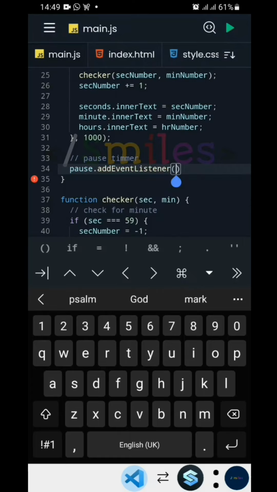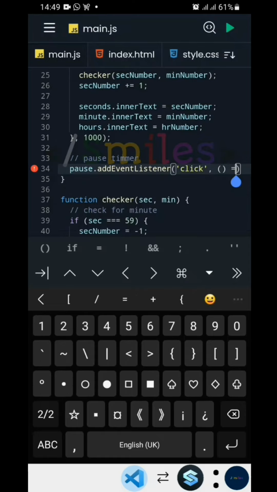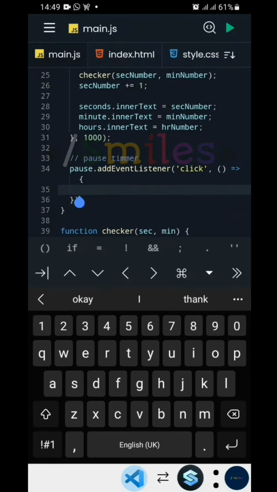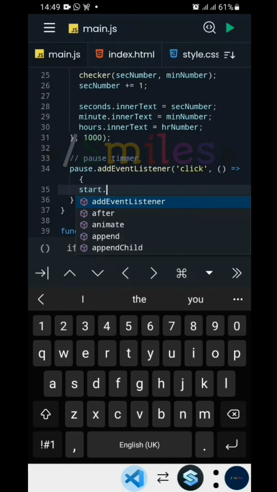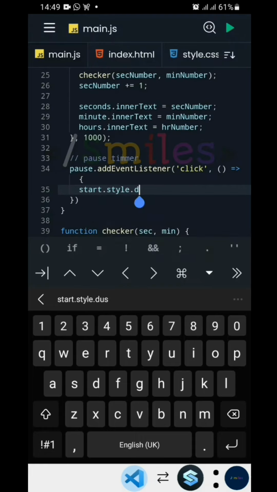So add an event, and it's going to be a click event. Remember, it's an event that is written inside of this trigger function. It's inside of it, not outside. So we're using the arrow function right here, and for now we want to do a few things when we hit the pause button. First of all, we want to set the start style attribute, the display attribute, to be equal to block,